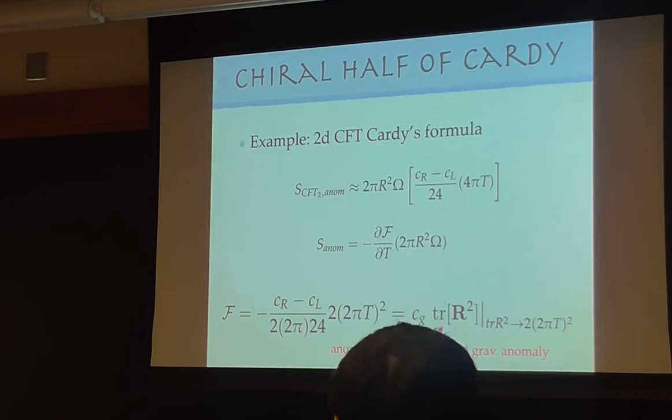Let's step back to the 2D Cardy formula. I always use this example because people are more familiar with it, but I can explain it slower just to be sure. So again, this is the formula that I told you before, but I make it a small omega because I want to think about the leading hydro when there is small rotation. So this factor is because of that. And then there's a linear in T, as I told you before, and there's a c right minus c left.